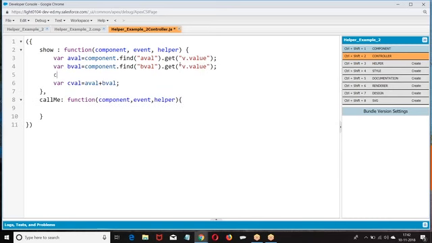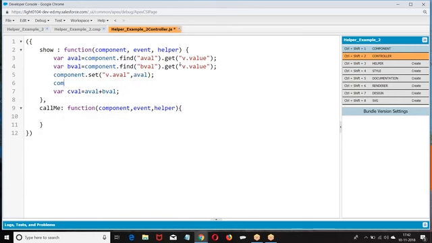Then whatever value we are getting, we want to set it. Then the same program I'm going to repeat here.